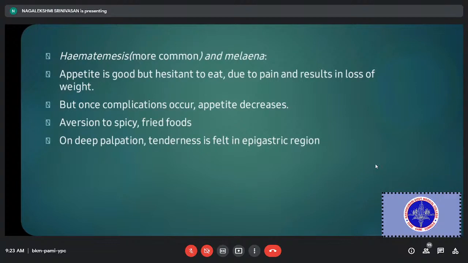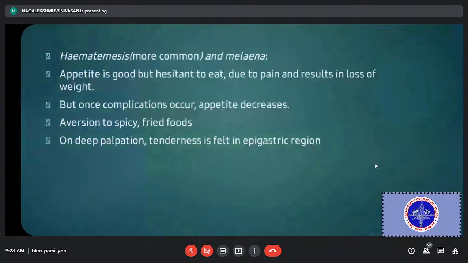Stool plus melena, having loss of weight. But once the complication occurs,